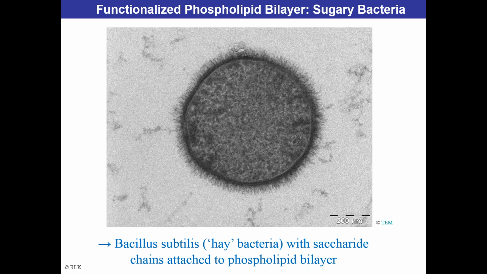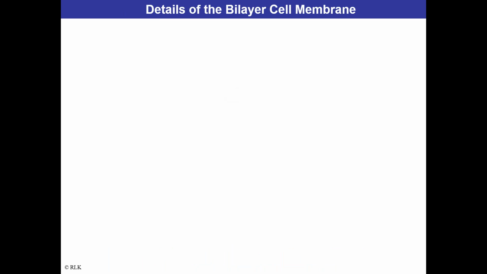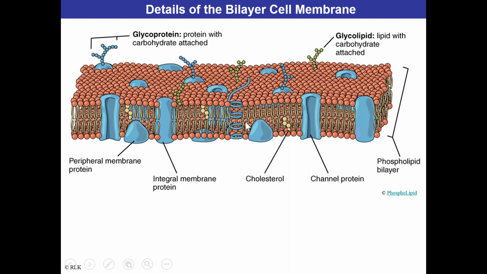So as an example with the red blood cells, and they have the different sugar groups, which they do, you can imagine a very similar type of looking structure. Within the bilayer, okay, let's go back and now let's talk a little bit more in detail about the peripheral membrane proteins, the integral membrane proteins, the cholesterol, the channel proteins, the glycolipids, and the glycoproteins. So you have a variety of different functional groups within that cell layer that are giving rise to